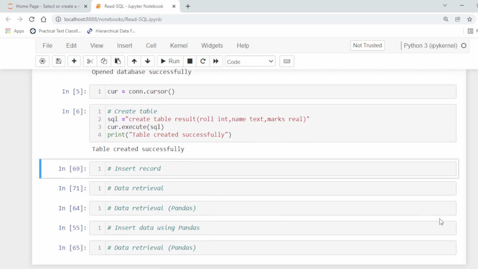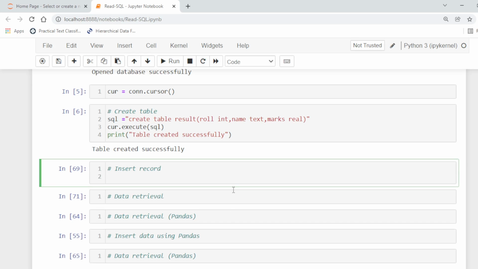Table created successfully. Now to insert the records, in the same way we can use SQL statements for inserting the records into the table.